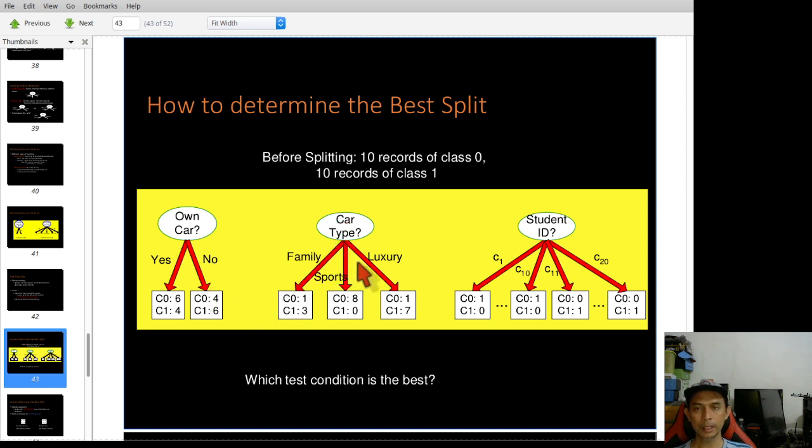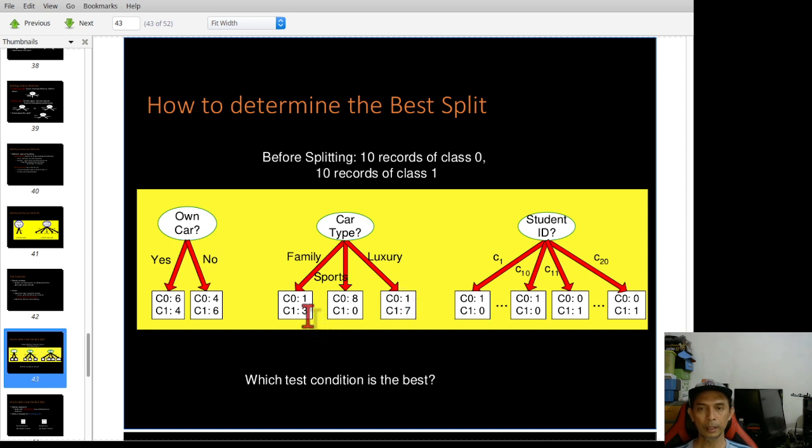But if it is a multi-way split, a 3-way split, then it is much more complex. So in this case, out of 10, one is family, one is sport, and one is luxury.